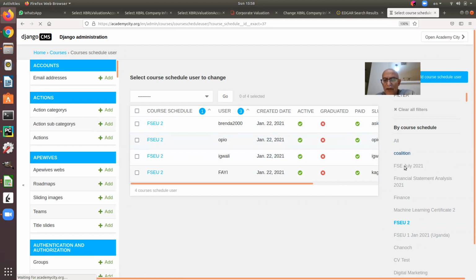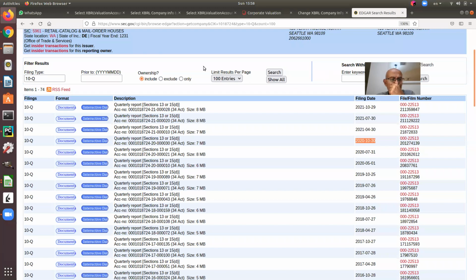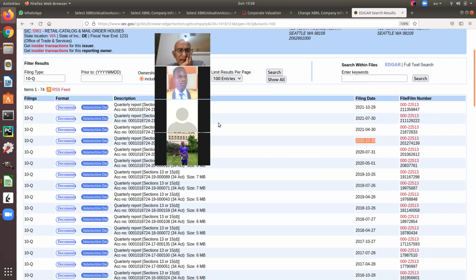Hopefully I'll finish the corporate valuation today. Okay, so let's leave that one aside. Just write a note. The next part is really finishing this registration process. I have to fix it and then we'll go over the accounting. But the most important thing is to finish this corporate valuation. So let me share with you what I'm exactly doing. I have an error for some reason, and I have no idea why. This is really the list of all. Let me stop the recording so you'll have a good